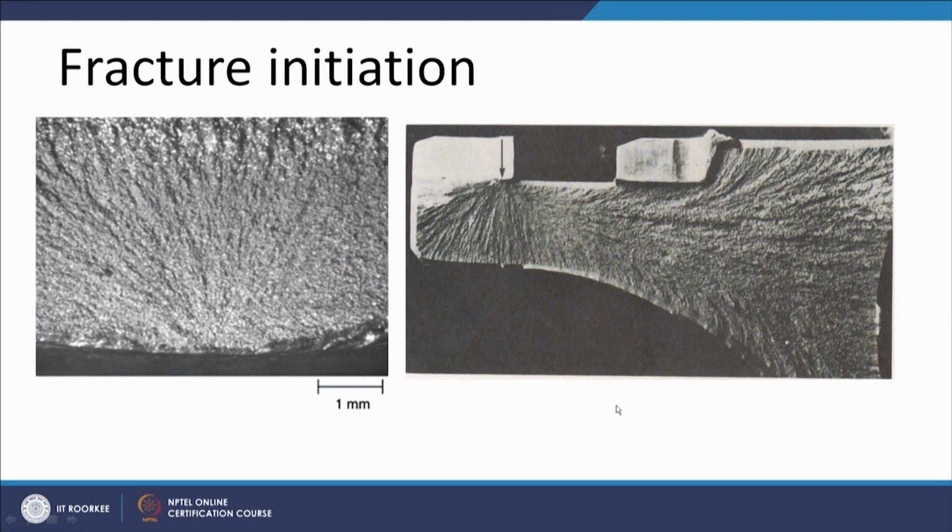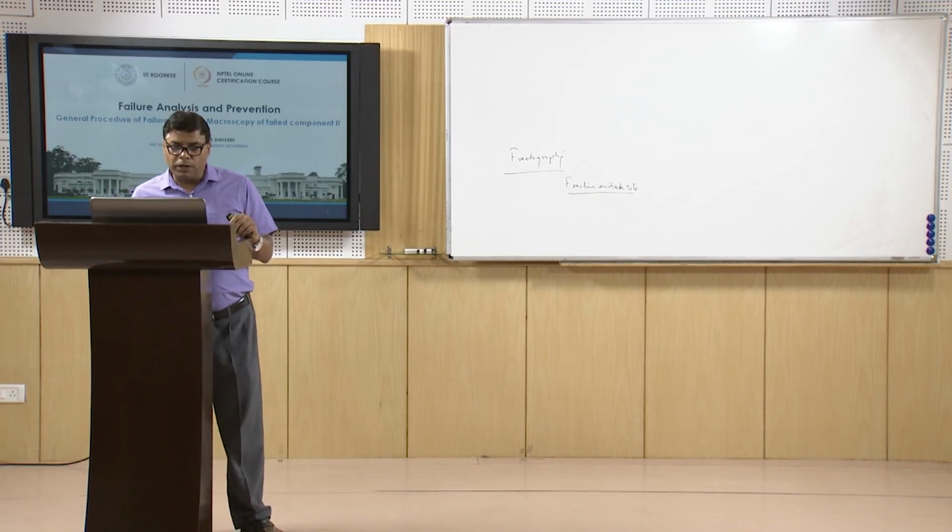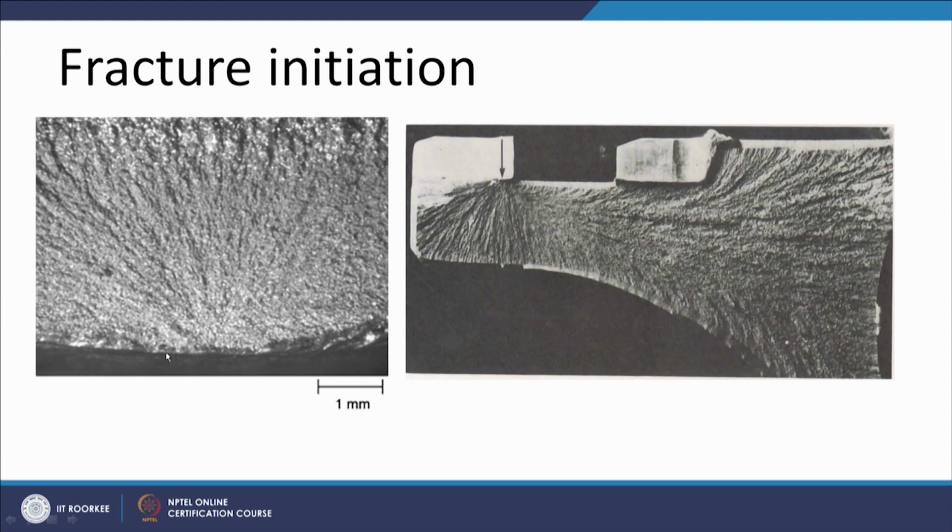Now, the fracture initiation sites can also be seen in these two diagrams, where this is the one location where all these lines are converging. If we see this feature also, all these lines are pointing towards one direction, and that is where the fracture has initiated. So, this is the area where the fracture has initiated from, and this needs to be investigated further